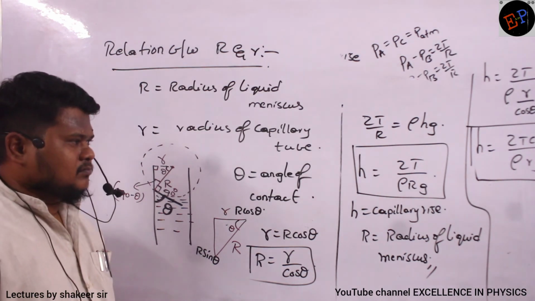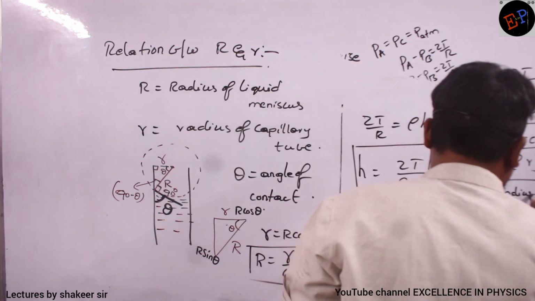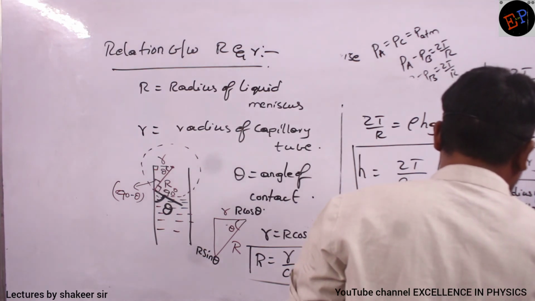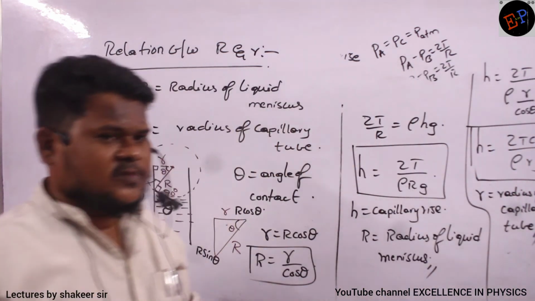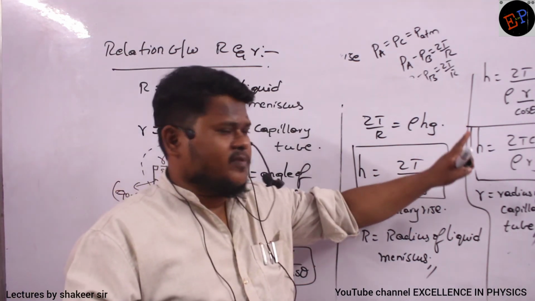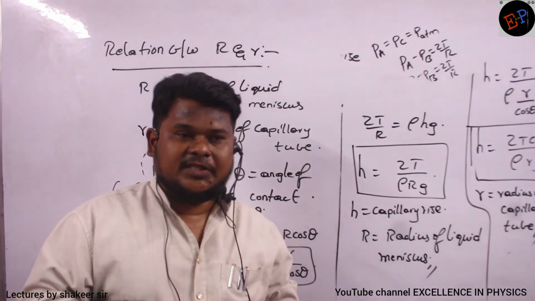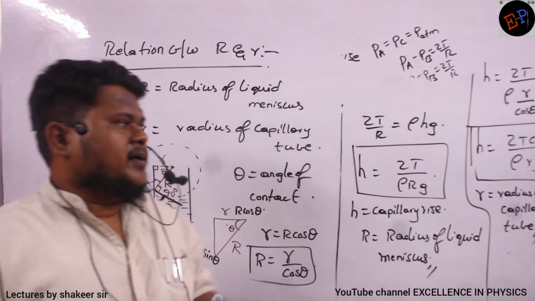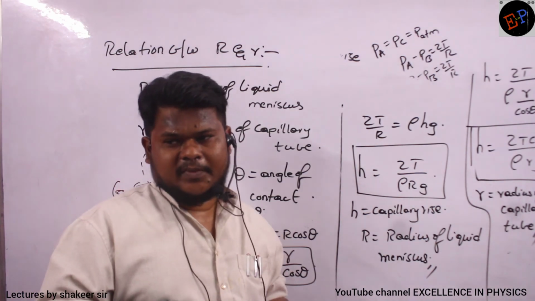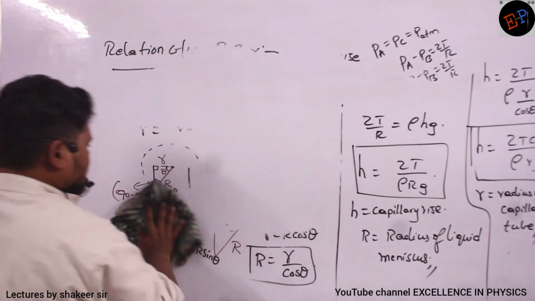Fine? That's it. So here what is small r? Radius of capillary tube. Radius of capillary tube. It means water in the capillary will rise up to this much height: 2T cos theta by rho into small r into g. T is surface tension, theta is angle of contact, rho is density of liquid, r is the radius of the capillary. Fine? Okay. So write down the next concept which is called